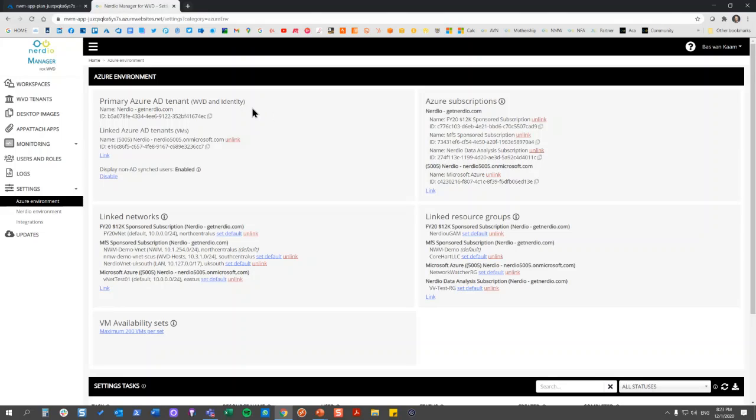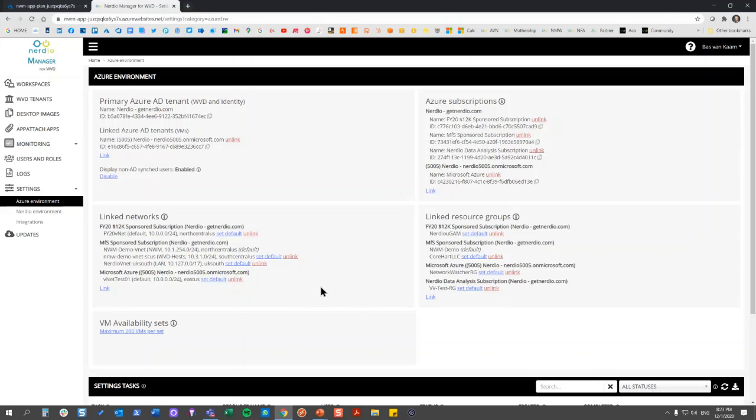So authorization, authentication, and so on and so forth with regards to your Azure AD. So that's why it says Azure AD tenant as well, of course. You can, however, add in multiple subscriptions per tenant, if that's something you would like to do, and other tenants can be used for your VMs, for example. So it's sort of split tenant in that way. Very easy to do. Just click link, which goes for all of the other resources as well, by the way,